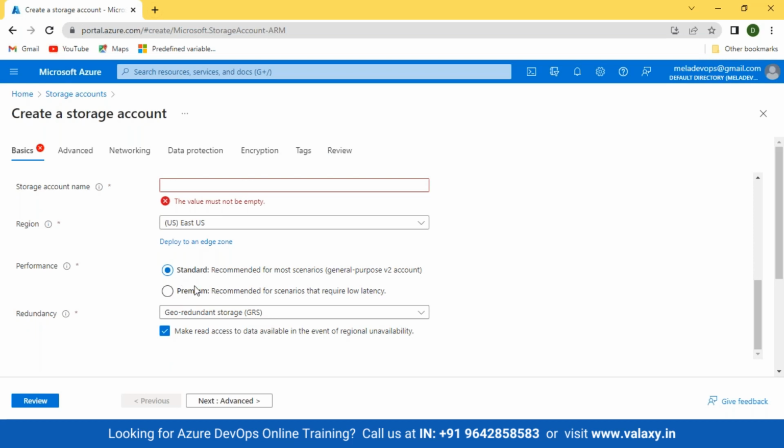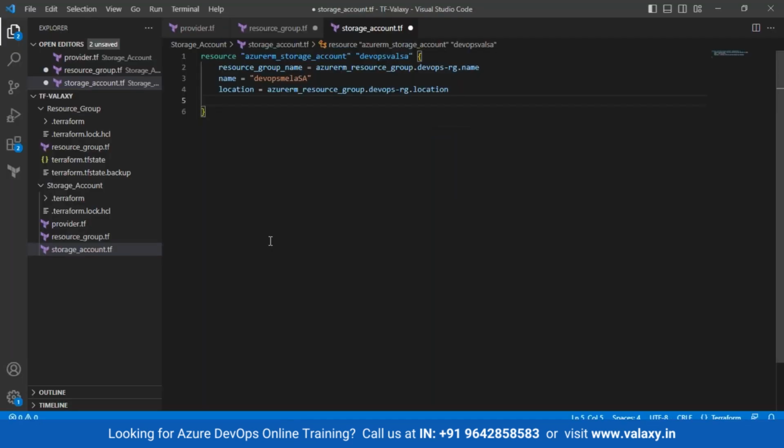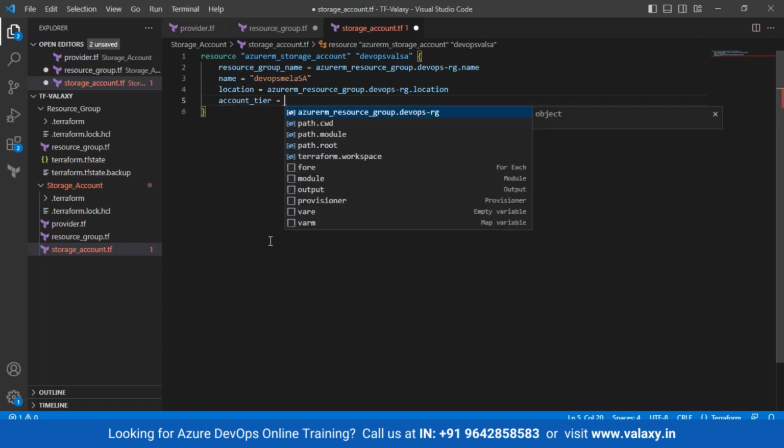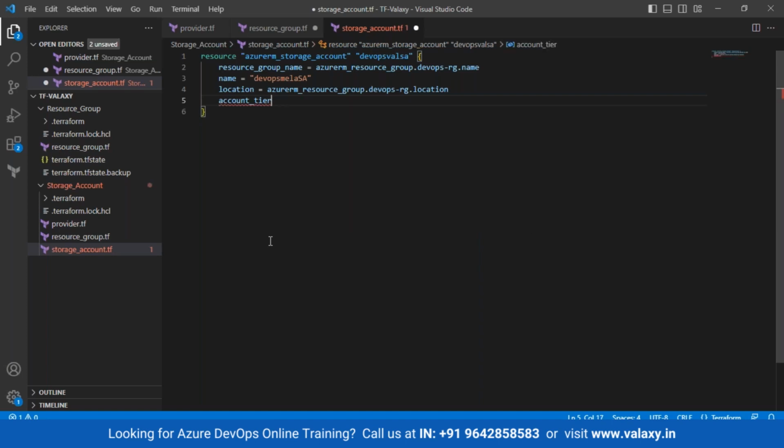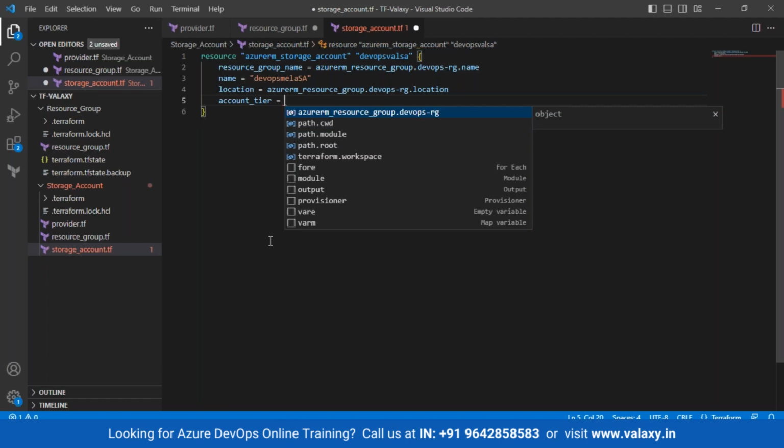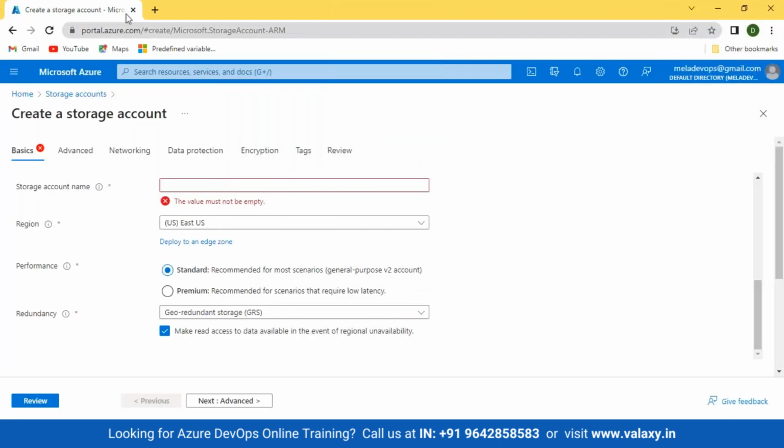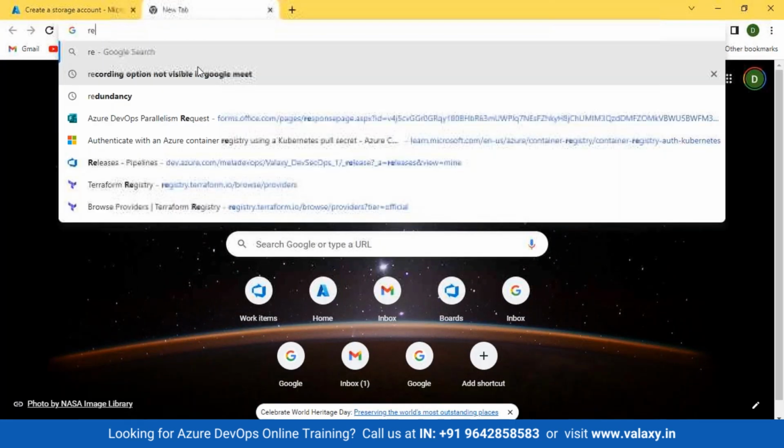Okay. There are two performance options, standard and premium. So this performance is known as account tier. Account tier. See, I don't remember this now. What is this performance called in Terraform? Okay, this I don't remember. I'm sure this is known as account tier, but I'm not sure. How do I go and check? Now this is the right time to go to